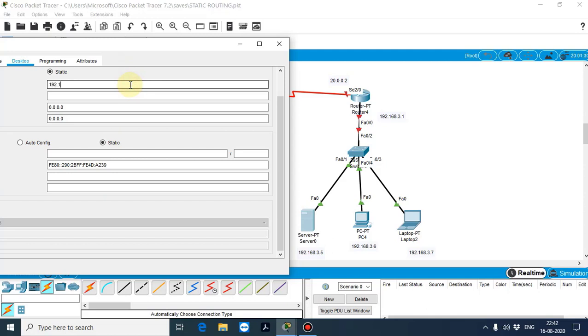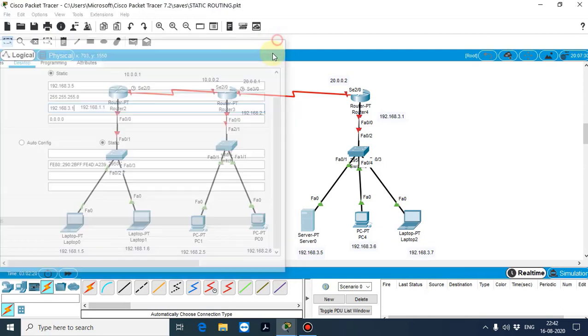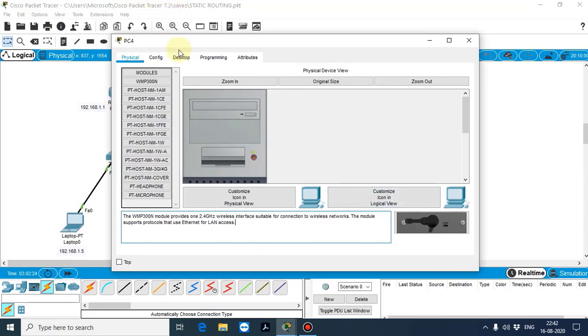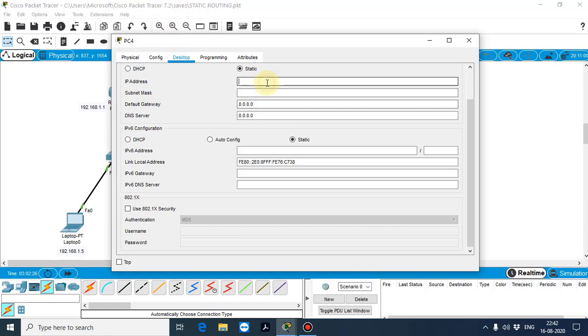One 192.168.3.5. So our gateway is 192.168.3.1, and go to this configuration, desktop IP configuration, 192.168.3.6, and our gateway is 192.168.3.1,